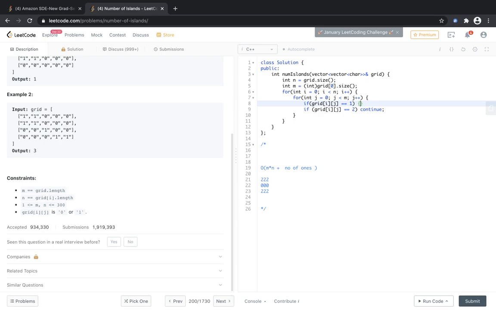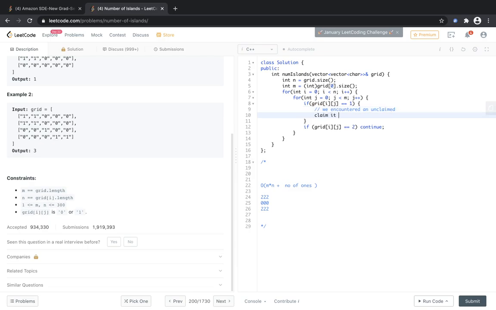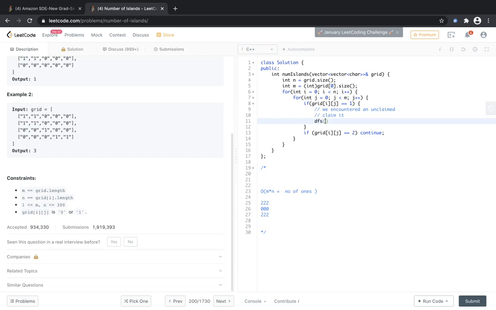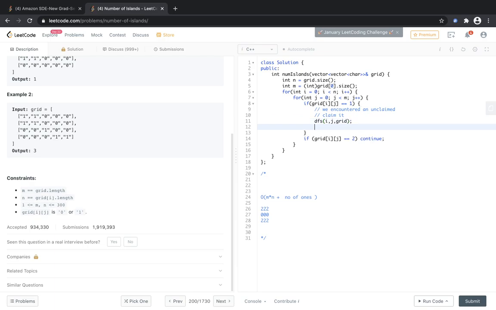And if grid[i][j] is equal to 1, then we have encountered an unclaimed land. Claim it. By claim, I mean simply start a DFS on that. So we will start a DFS from position i, j, and let's simply pass that grid, and count++,